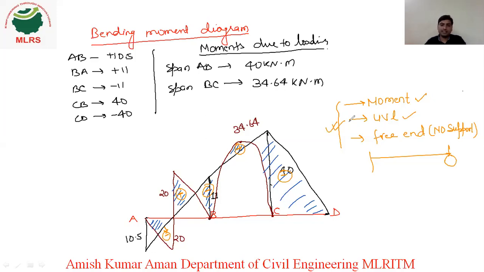Regarding this, we have done 4 problems on continuous beams by the moment distribution method. The next problem will also be based on the moment distribution method and a continuous beam, but with a sinking support. So what do we need to change if there is a sinking support in continuous beams? What will be that method? We will learn it in the next lecture.